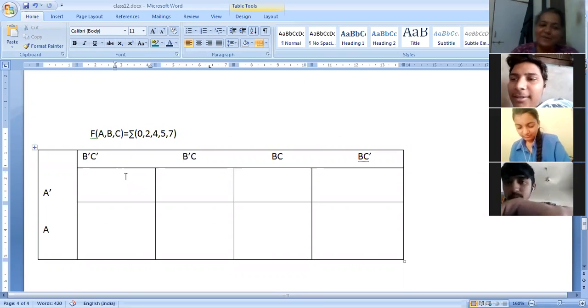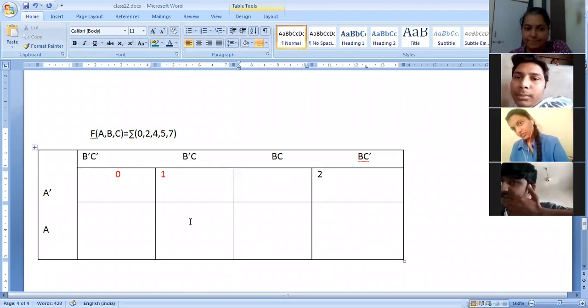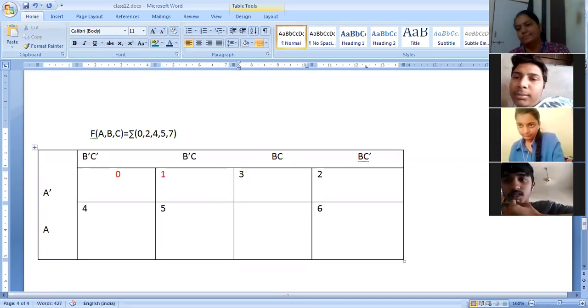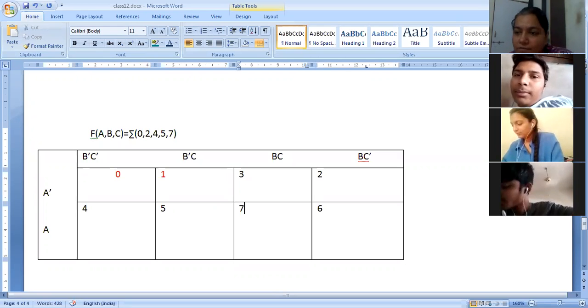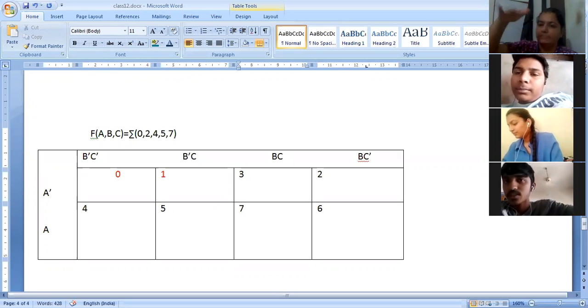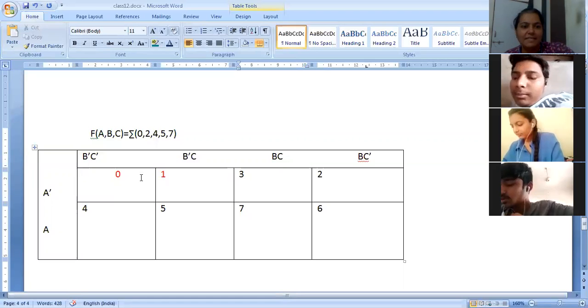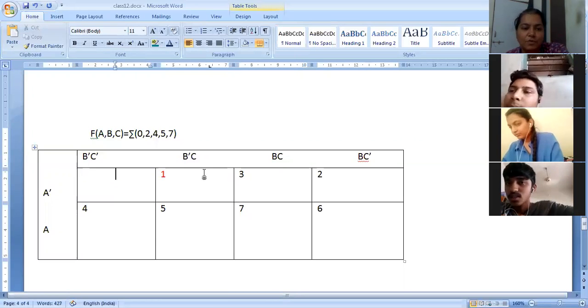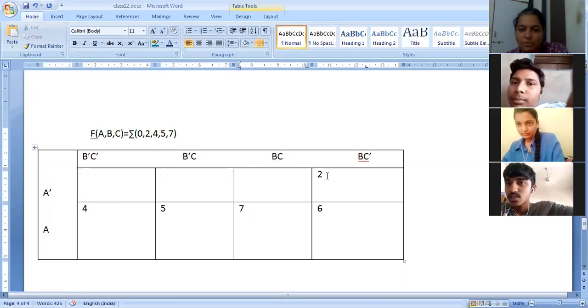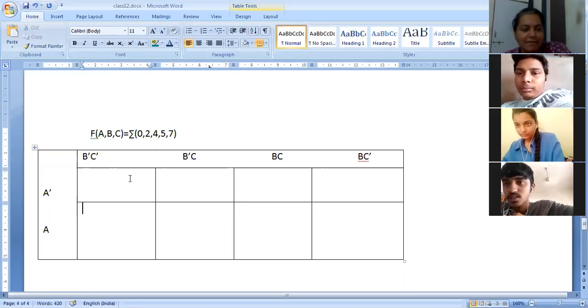See, this is 0, place value 0. This is 1. See, I told you this is very important, and you are only confused. Now, 4, 5, 7, 6. These place values, if you don't know them, then you are gone. 5 marks gone. Okay, so basically I'll put it accordingly. I'm removing this because it is confusing. Place value and that one will conflict with each other. So I think I have to place 1 here.